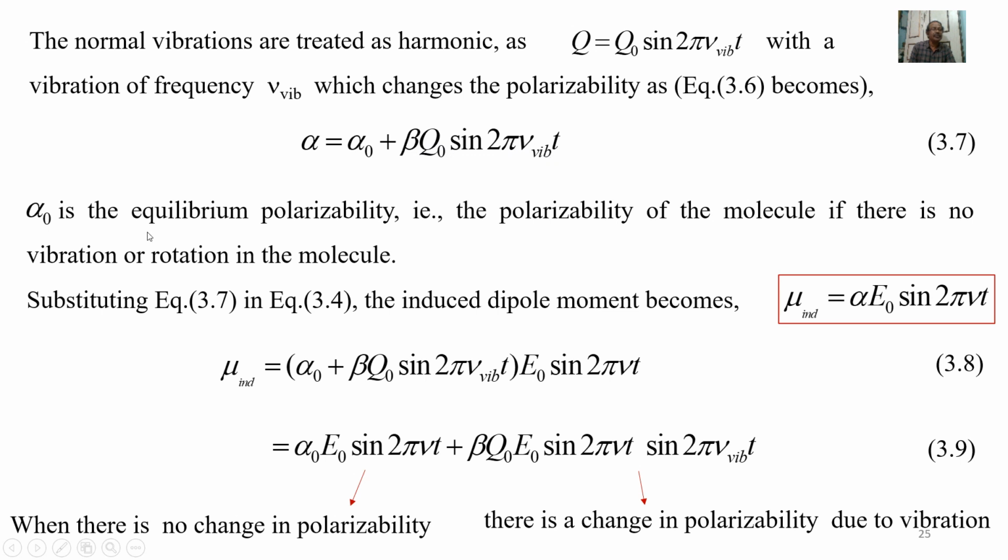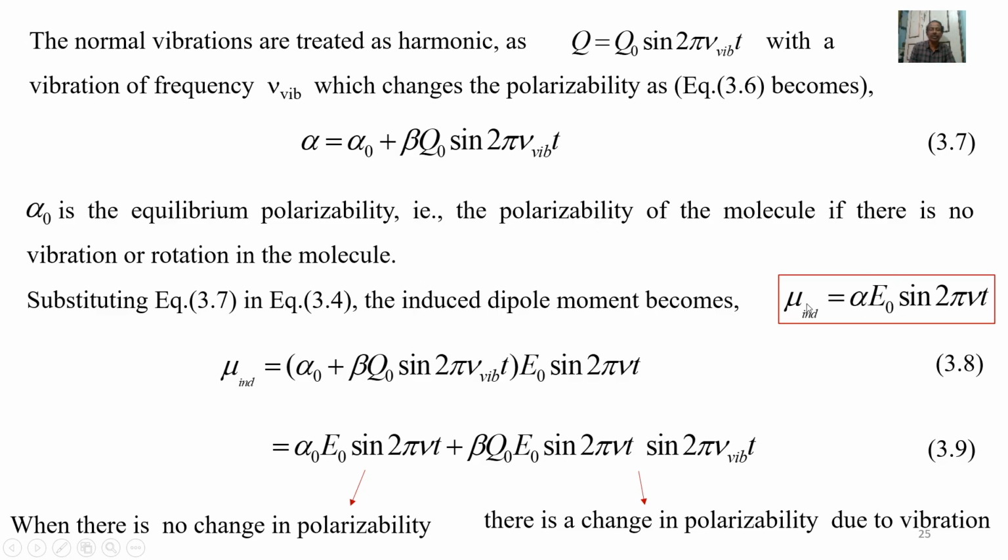Here alpha naught is the equilibrium polarizability, that is, the polarizability of the molecule if there is no vibration or rotation in the molecule. Now substituting equation 3.7 in equation 3.4,